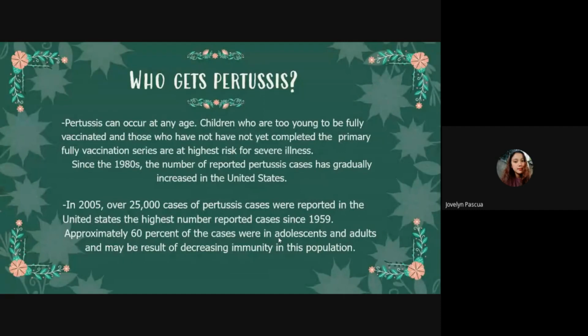So pertussis is dangerous at any age, young or old. Especially in those younger than 6 months because they are not protected by immunization. And for 11 to 18 years old, their immunity is decreasing. That's all. And next one is